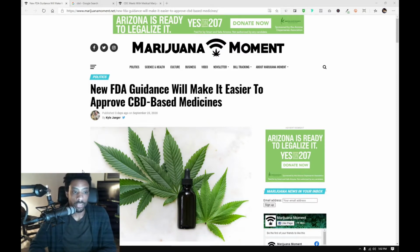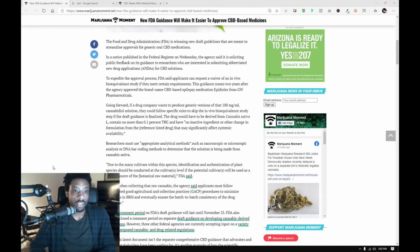So we're going to go over this article really quick and talk about all of the new FDA guidelines. Now, the FDA is releasing new draft guidelines that are meant to streamline approvals for generic oral CBD medications. In a notice published in the Federal Register on Wednesday, the agency said it's soliciting public feedback on its guidance to researchers who are interested in submitting abbreviated new drug applications for CBD solutions. To expedite the approval process, FDA said applicants can receive a waiver of an in vivo bioequivalence study if they